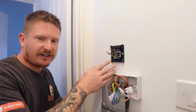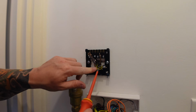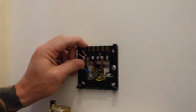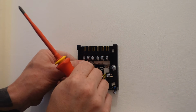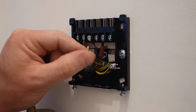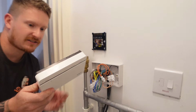Now we've got our back plate on, we can wire it up and then we'll be able to get the hub on. Starting with the earths, I connect them into the earth terminal on the back plate. And then working from left to right, we've got the neutral going into the neutral terminal, the live going into the live terminal, and our switch wires for those heat and valves going into terminals 1 and 3. Now we can just connect our hub,